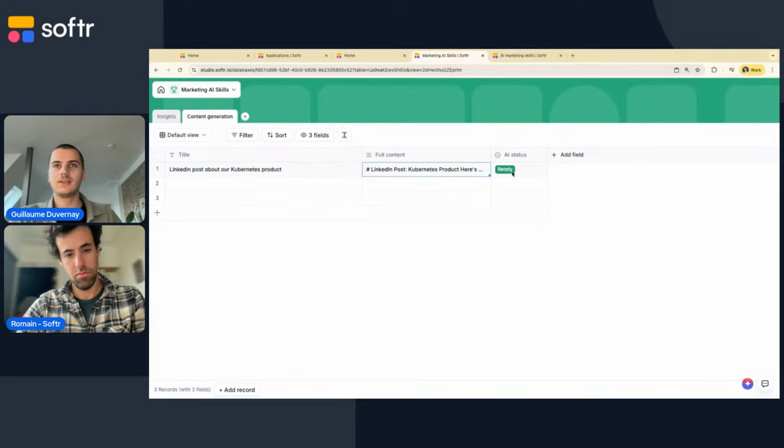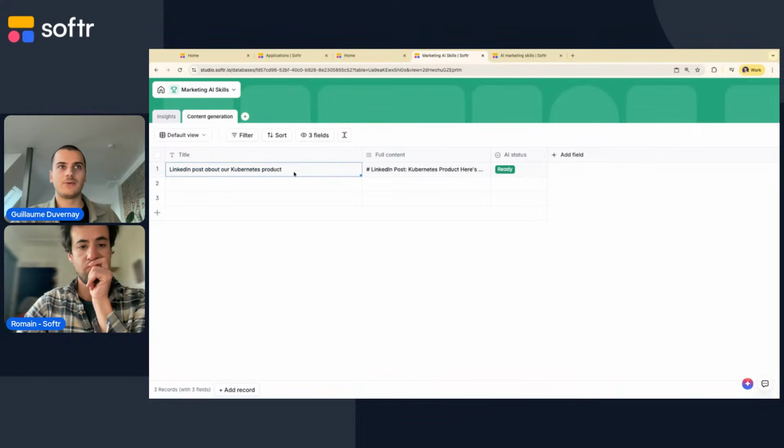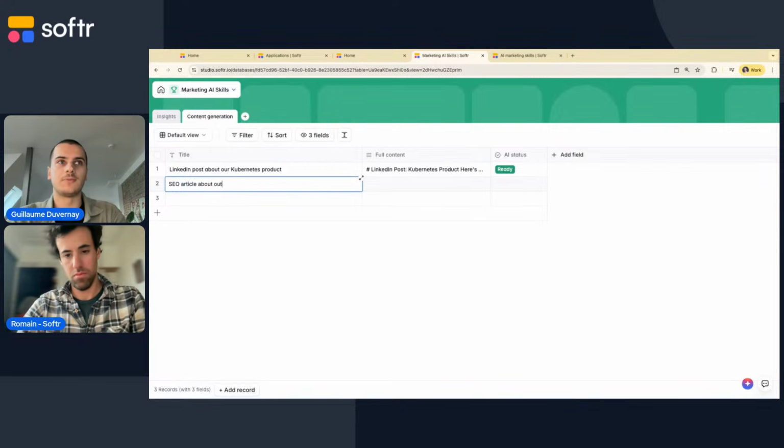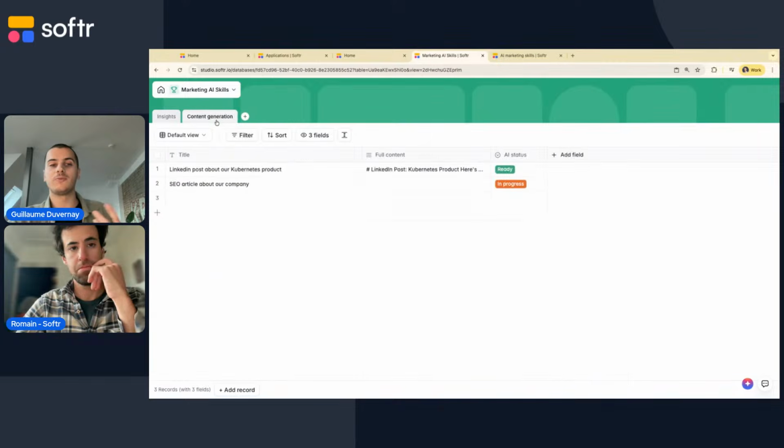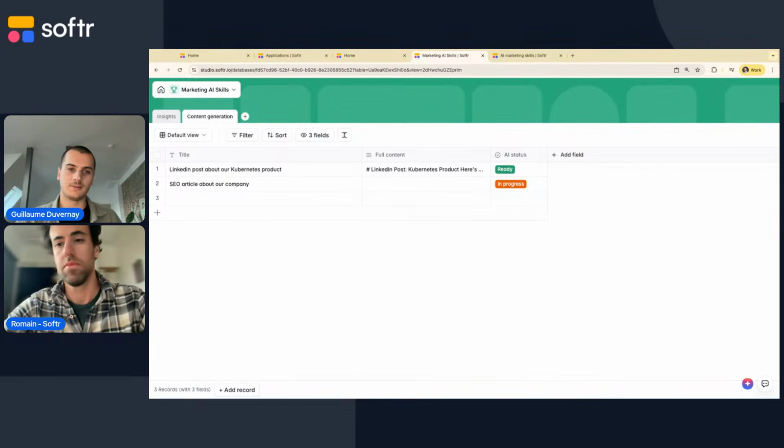And yeah, now we have our LinkedIn post that's written in quite an efficient way, where in your database, you can store a lot of your company insights about your different products, maybe your competitors, your brand guidelines, marketing guidelines, etc. And depending on the task you are currently working on, if now you were looking for an SEO article about our company, not mentioning one specific product, then it might actually be using some other insights, definitely not this one, not this one. So it's way more efficient because you just give to the AI what's relevant.